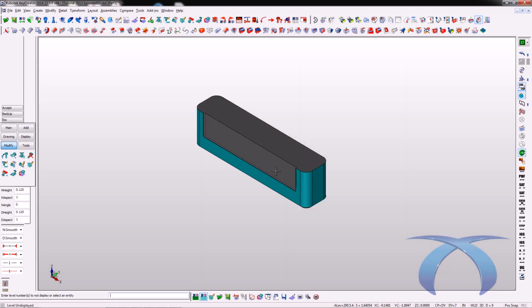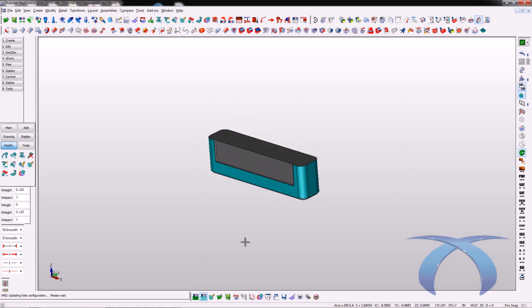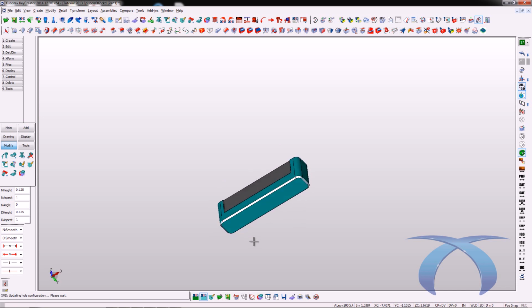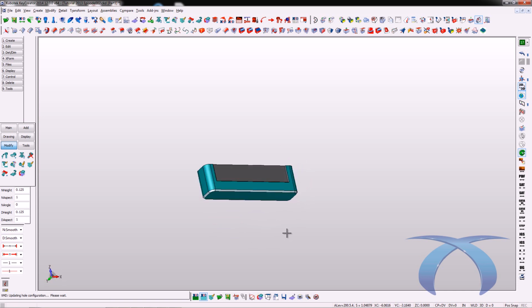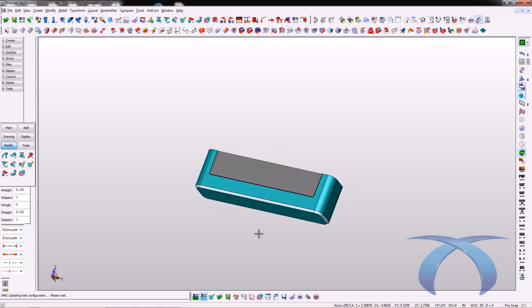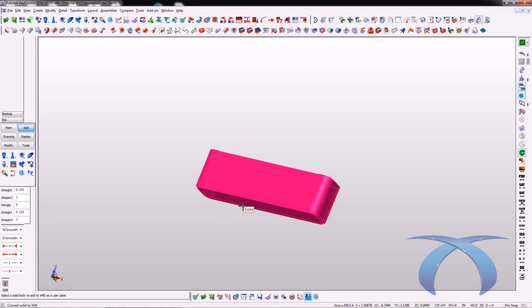So I'm going to hide the core block here. And as you can see here, I have this solid. Okay. Once again, it doesn't matter where it came from. I could have translated it in from another package, I could have modeled it right in here, I could have modeled it in a different Key Creator session. It doesn't matter. So what I'm going to go ahead and do is just tell XMD to utilize this as an XMD component. So I'm going to tell it to add, say convert solid to XMD component, and I'm going to pick on my solid,